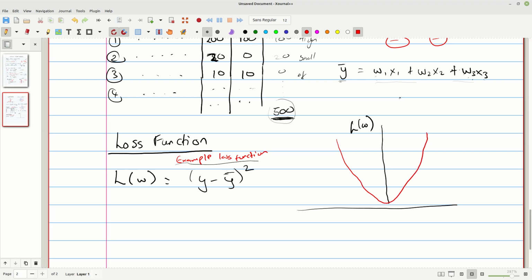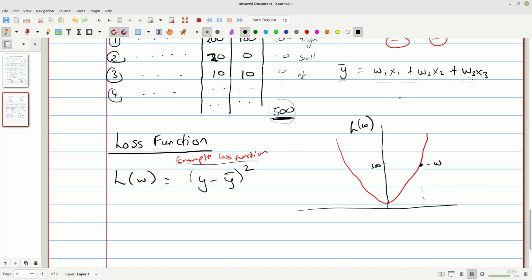If it's squared, for instance, we can tell this. So let's say for the current W, the loss is, let's say, 500. So our current set of W has this cost.